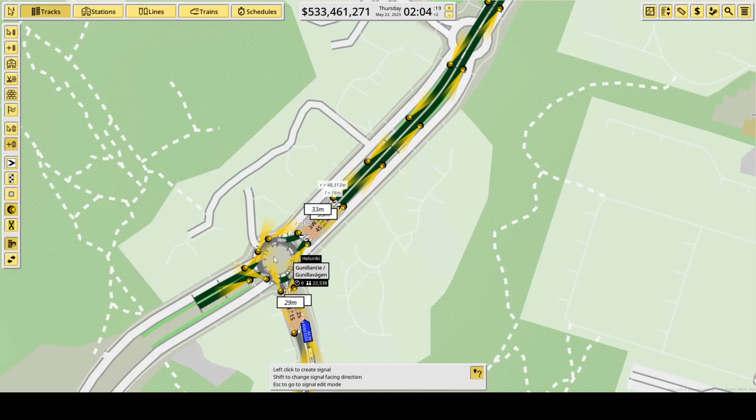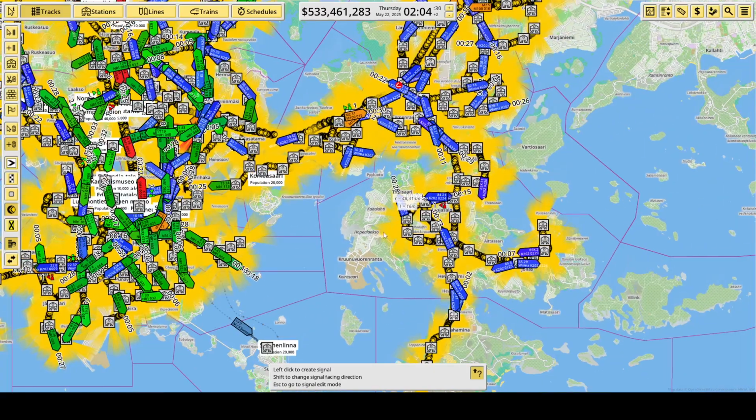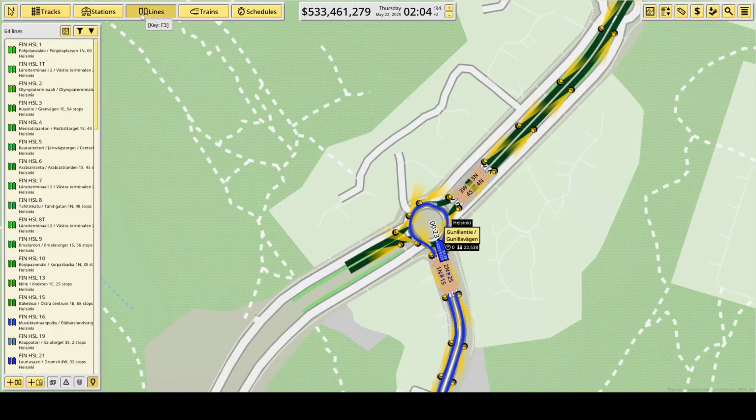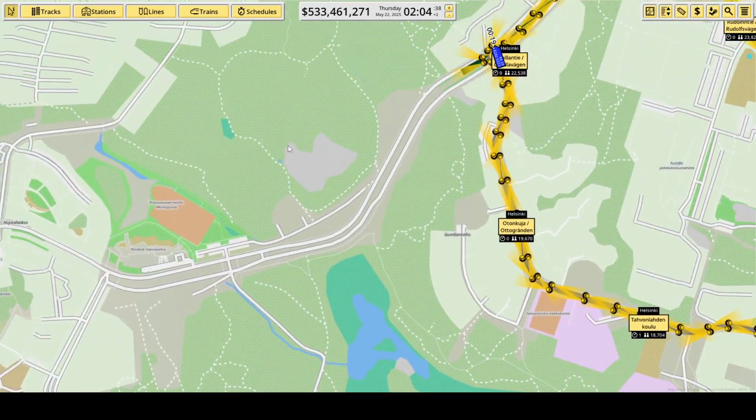so that the buses won't get stuck in the roundabout and then stop all traffic, which has only happened once to me actually so far. I mean, I've created almost 70 lines. How many do I have? I have 64 lines and I've only managed one traffic stop,